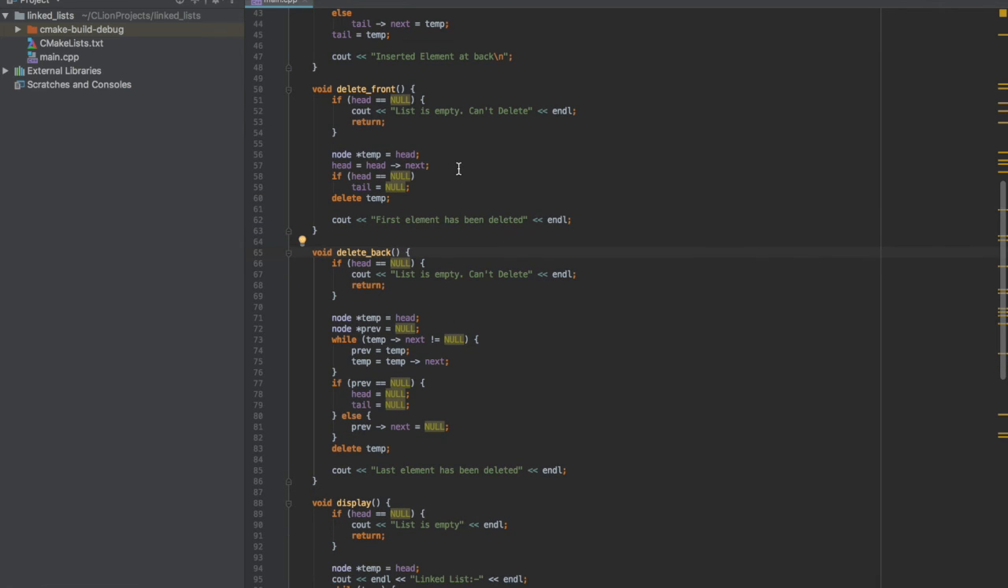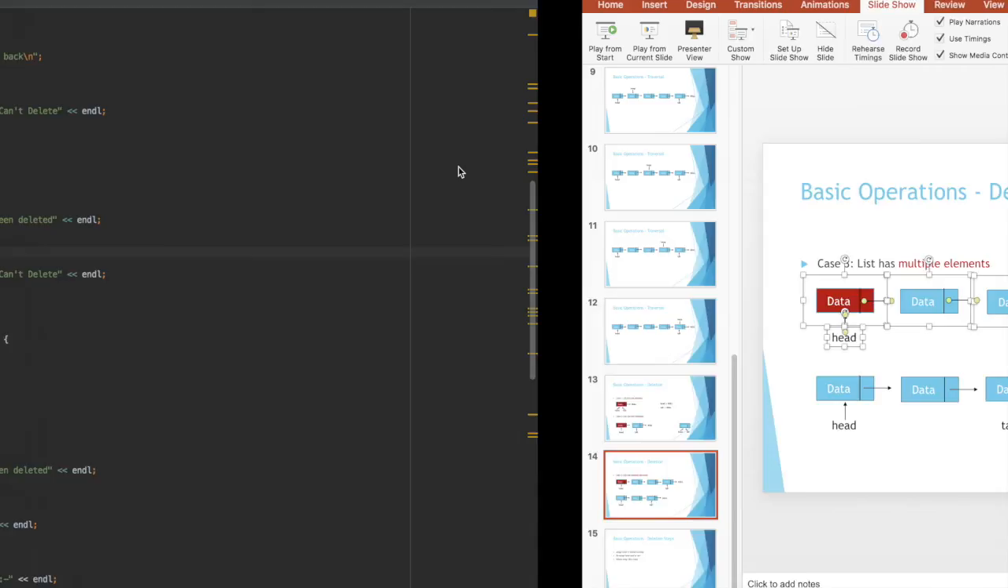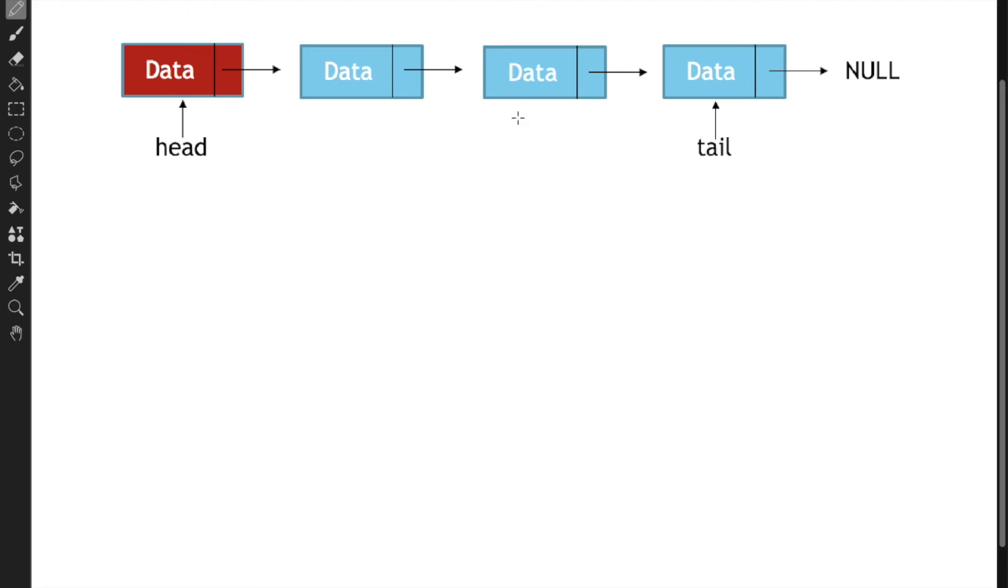Deleting from the back is going to be a similar process. The only difference is that we are going to have an overhead. The overhead is that we're going to have to traverse to the last element. Let me try to explain this. So we have this, and I cannot directly delete tail, because what happens if I just delete tail? Everything goes. This is my new list,